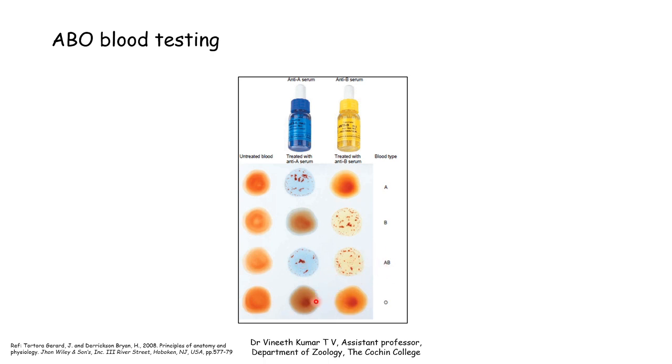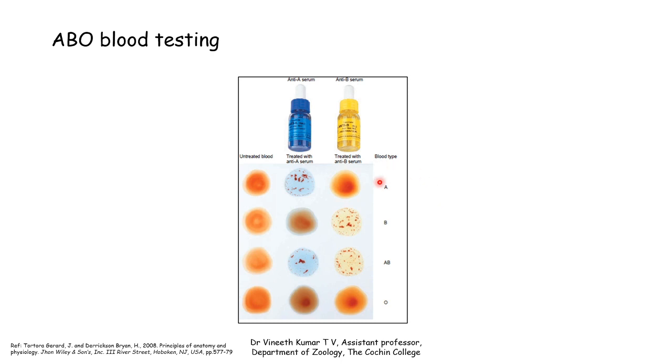And if you add both the antisera, A and B, and you do not see any clumping or coagulation like this, it can be presumed that they do not have any antigen in their blood, and the group will be O. So the O blood group will look like this, because they do not have any type of antigen in the blood. As a result, if you add both the antibodies, there will not be any clumping or coagulation. So this is how the routine blood grouping test is done in normal laboratories.